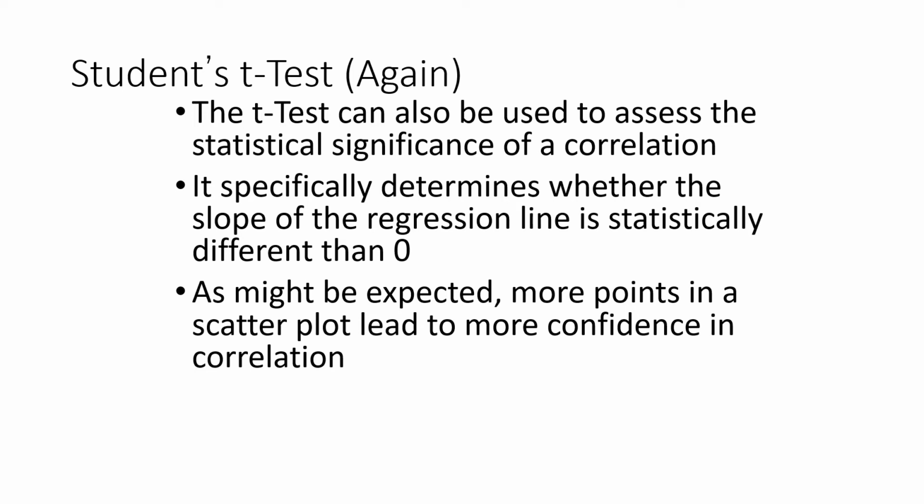To get around these, you can use things like the t-test that can use the statistical significance of a correlation. It determines whether the slope of the regression line is statistically different than 0. And certainly as you measure more points, the more confidence you have in the quality of that correlation. So rather than just quoting the correlation coefficient, you should also quote some kind of p-value that assesses whether it's